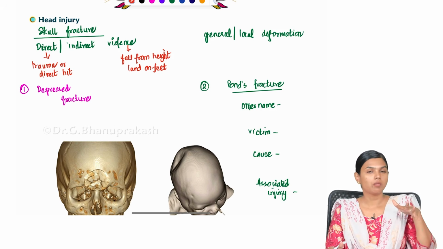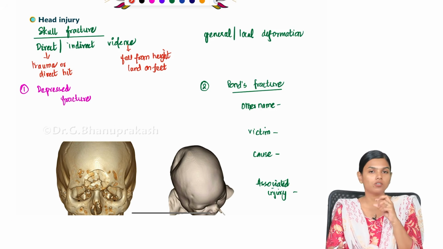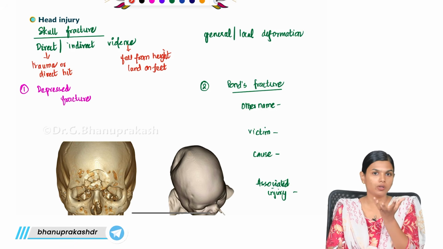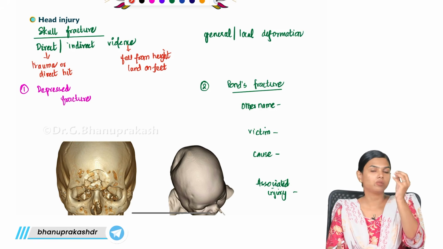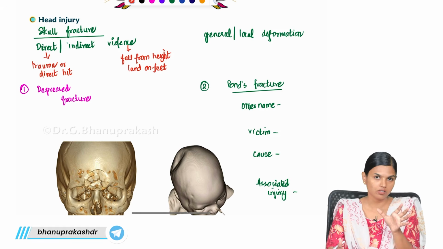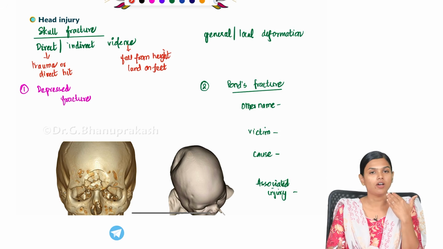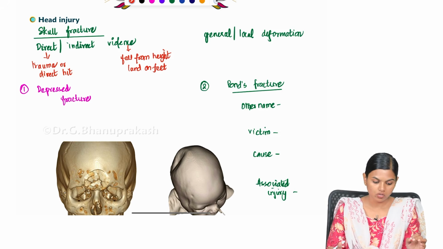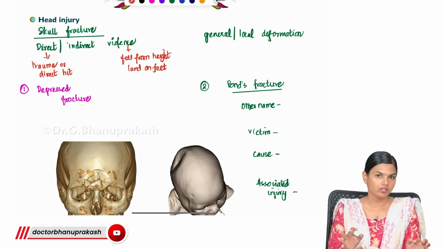you are standing over a deck and there is some underwater explosion happening. So what will happen in that situation? The blast wave will travel through the ship, the floor of the ship, and it will transmit through your feet, spine and to your skull. So in this case, you will get injury or fracture over the base of the skull, which happens indirectly. So this is the indirect mode of skull fracture.